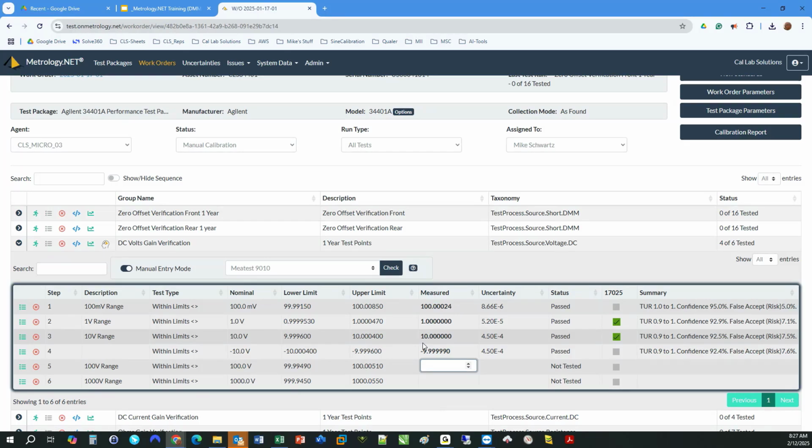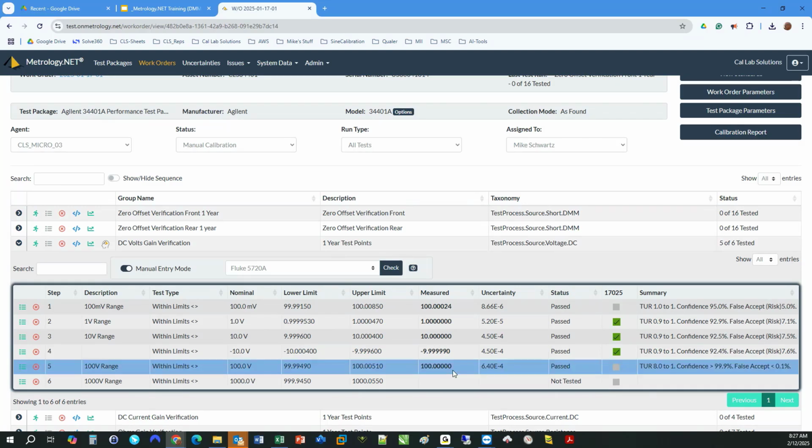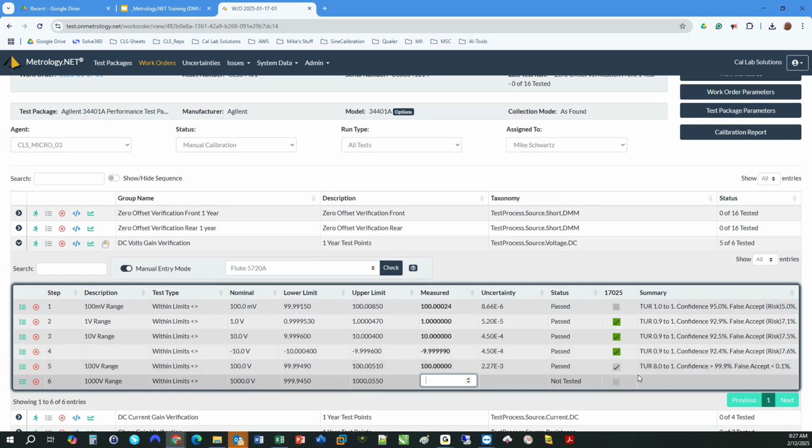And if you needed to switch a calibrator, you could switch the calibrator here and jump to the 5720. And now we should see a much better measurement uncertainty here, but we got a gray check mark here, which means that it saw a measurement uncertainty that was less than our scope of accreditation, so it made a change to that and made that modification. So what I will do here is kick it out of manual mode,